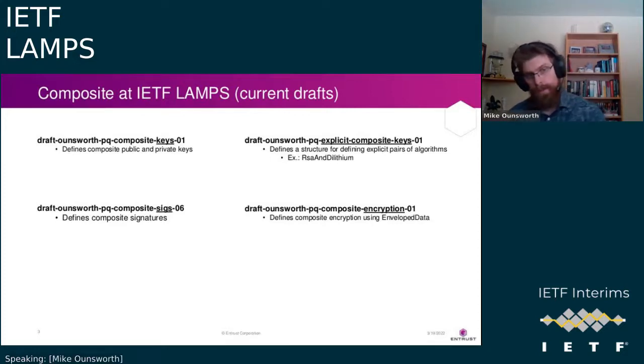So this is the current state of published drafts. Composite Keys 01 and Explicit Composite Keys 01. That's the completely generic version, with any OIDs you want at runtime, versus the defined OIDs for explicit pairs version. Composite SIGs 06, that's the one that has been in the queue the longest. And then Composite Encryption 01, which is much newer. We figured we should cover content encryption also. So these are the currently published drafts. What we've got in the cooker, if you go to the next slide,